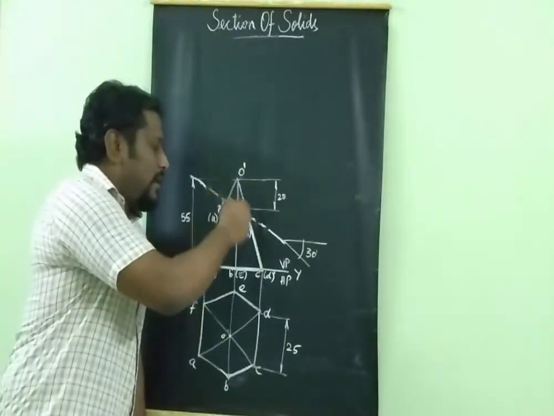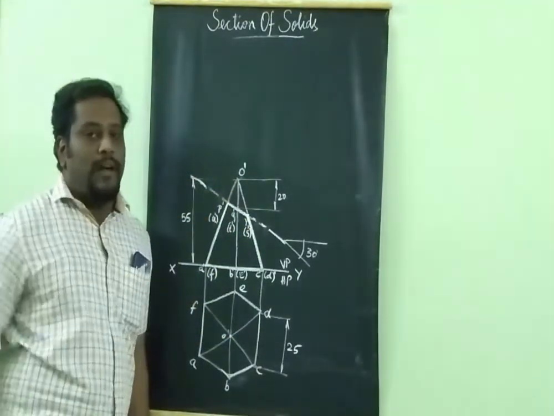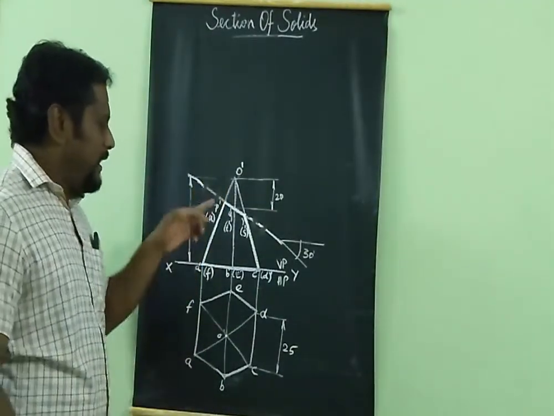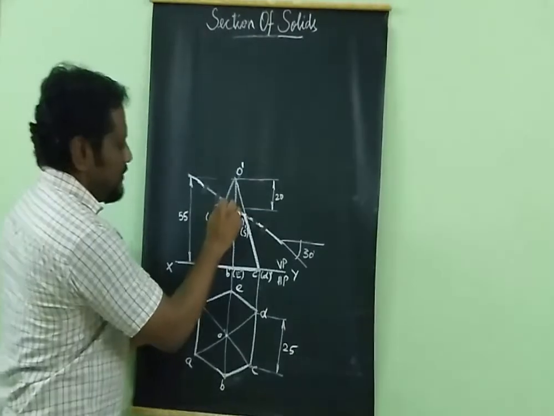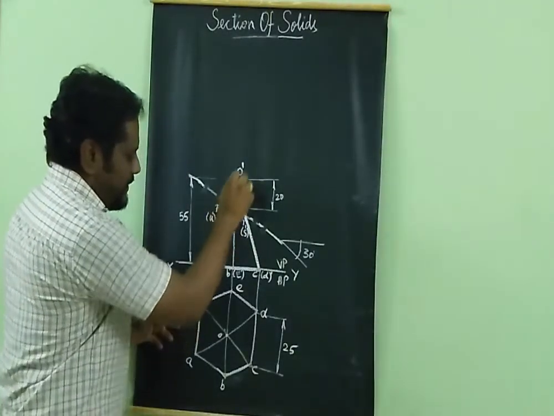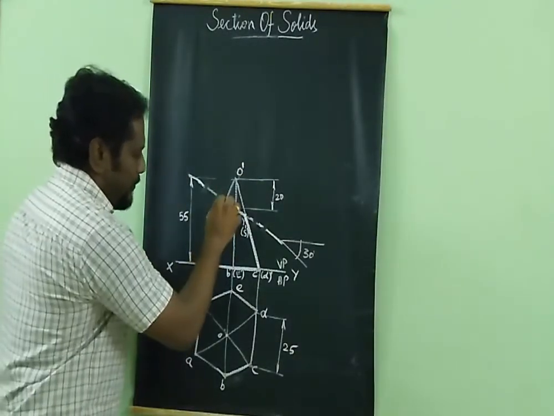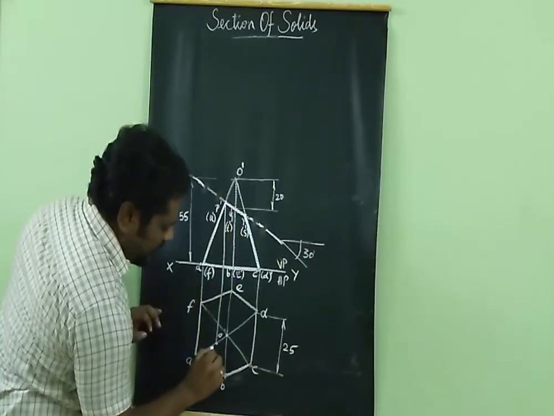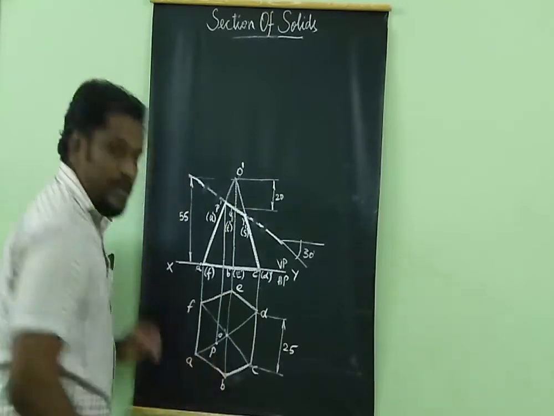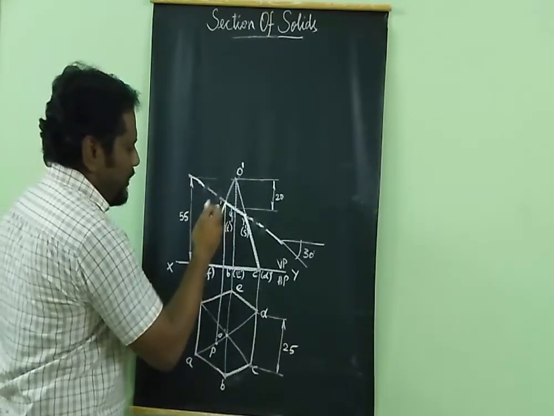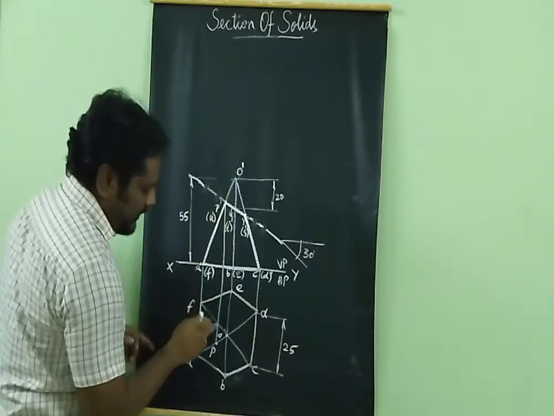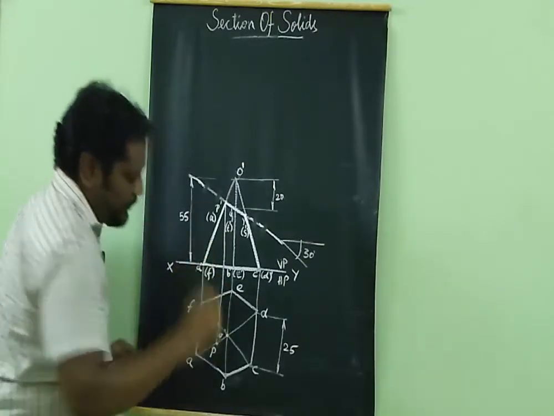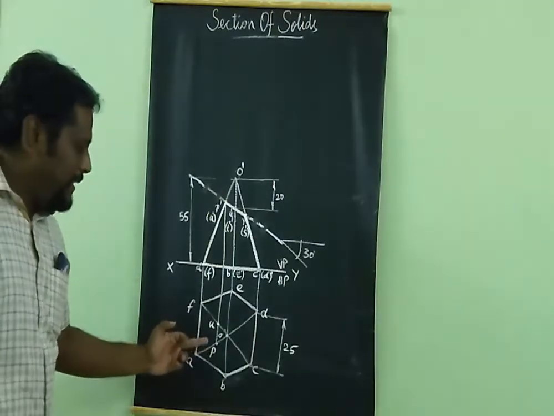You have to transfer all your cutting points to the top view. Now I am going to transfer the point P and U. Carefully listen. This point P is in the line OA. So I am projecting this point up to the line OA. So here the point P will come, right? Similarly, the point U is in invisible edge OF. Here it cuts OF here. So it is point U, right? So I marked a point P and U.